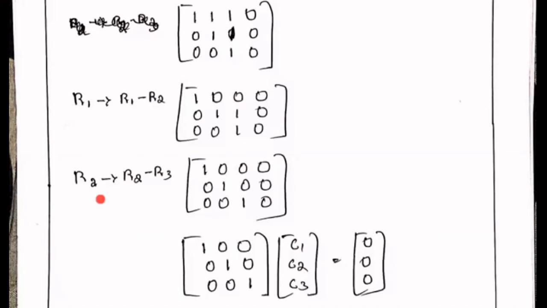Again in row 3, above this pivot there is a 1. So you can subtract row 2 from row 3. If you subtract row 2 from row 3, these two are 0, so 0 minus 0, and 1 minus 0 becomes 1 only. But here 1 minus 1 becomes 0. 0 minus 0 is 0. So what you get is 0, 1, 0, 0 after this operation. The third row you write as it is.